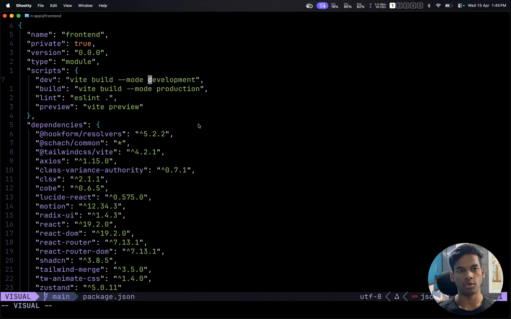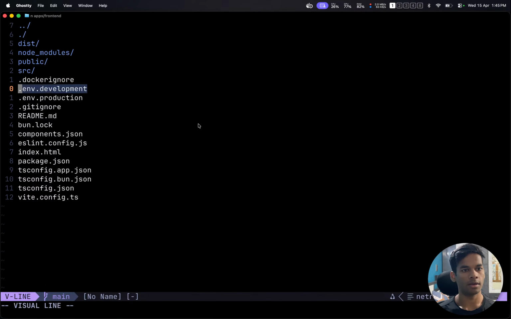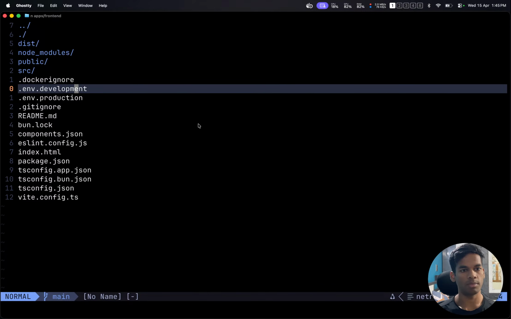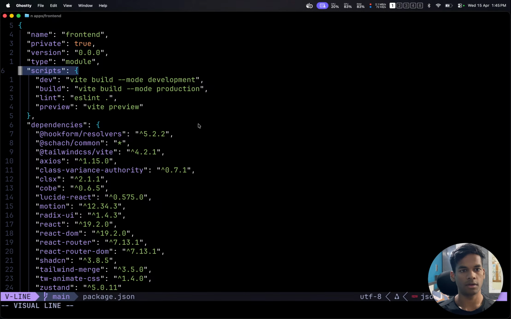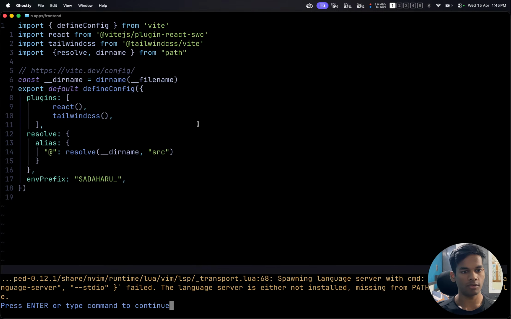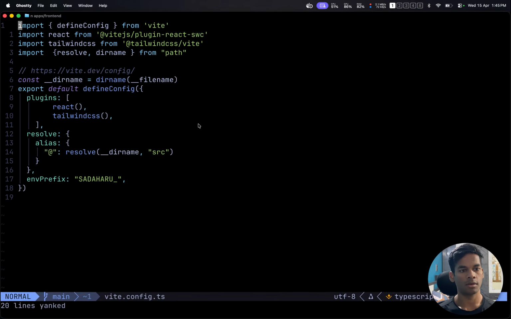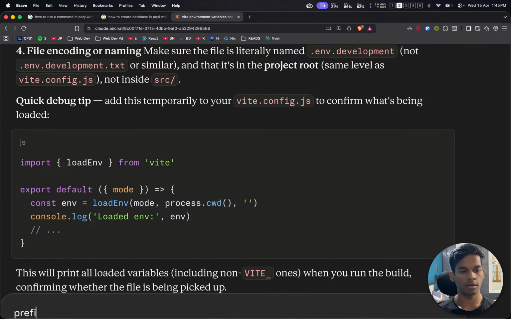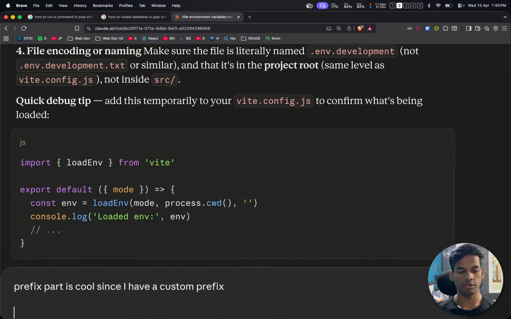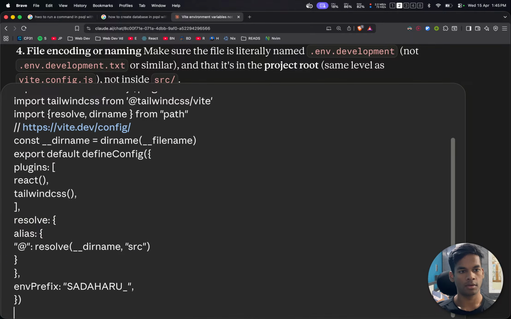No, there is no typo. Development, and here .env.development. Okay, no problem there. And also the prefix part should be okay, since I have a custom prefix which is